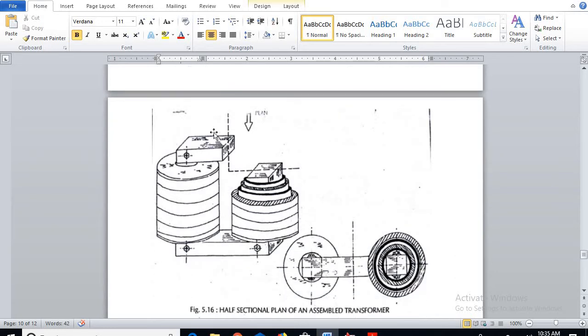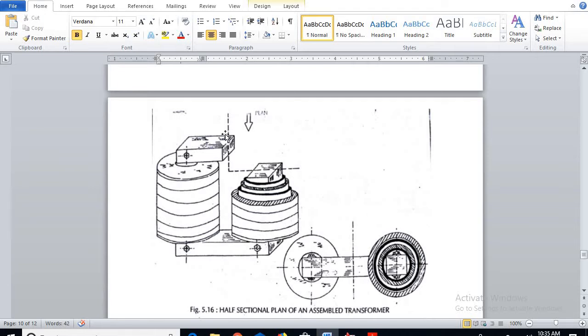Okay, so now based on this, we can see another picture which is a cut sectional view of the transformer. The right half section has been cut, and the left half section is the uncut portion. When we go for drawing the plan and elevation of this picture, the plan, if I see from the top, I can see the square core with the circumscribing circle, the insulation, HV winding, again insulation, next HV winding.